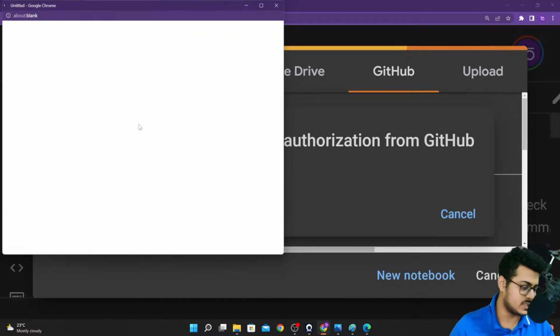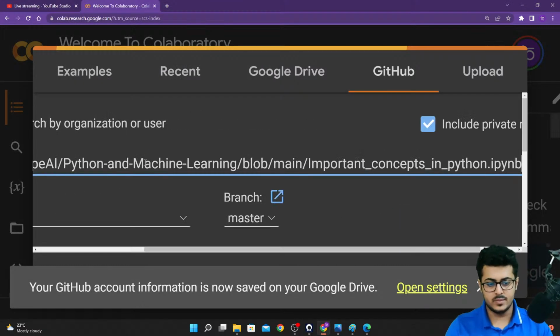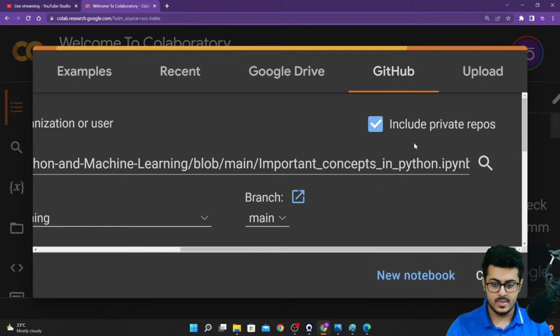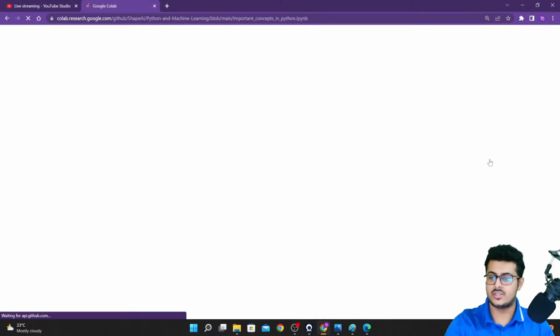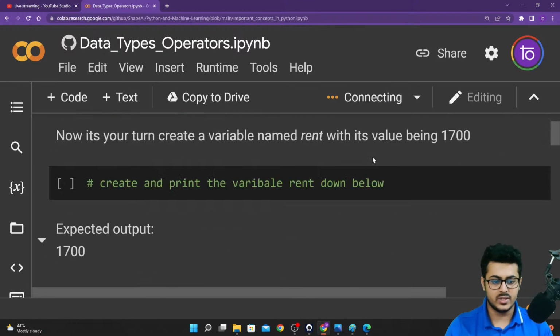Give me a second, guys. Okay, so it has authenticated using GitHub. Let's paste it right over here, and then click on this particular search button, and that should take us to our search page. And let's connect to the Colab servers. That will take us a minute or two.